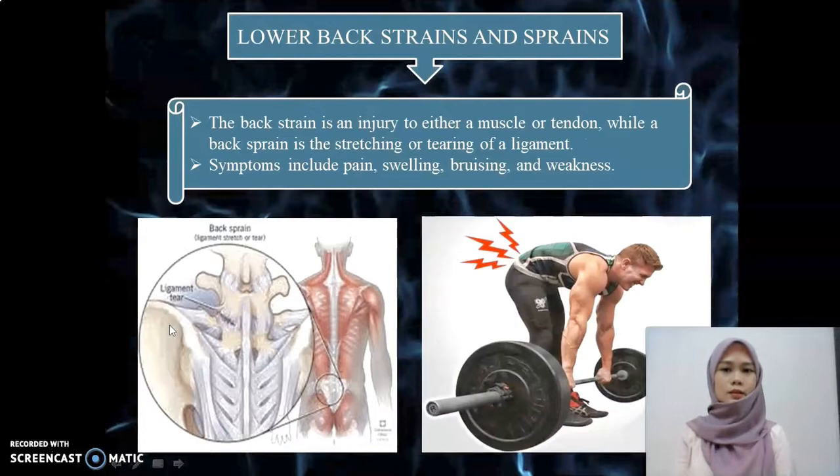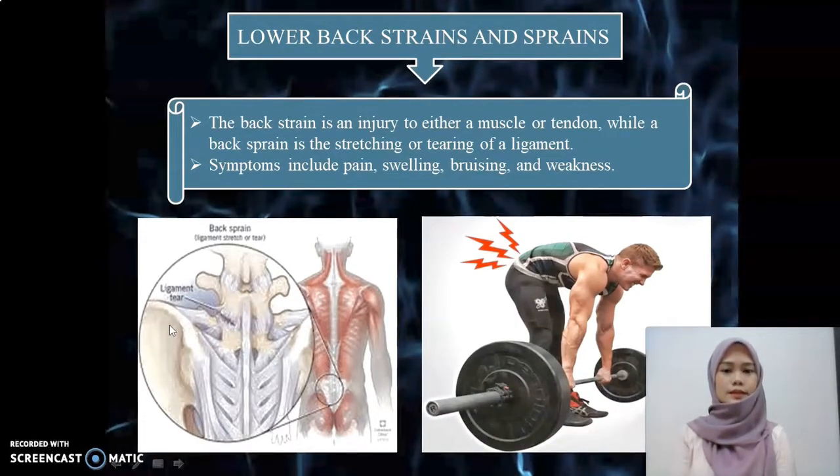Next, the common spine injury in sport is lower back strains and sprains. The back strain is an injury to either a muscle or tendon, while a back sprain is the stretching or tearing of a ligament. Twisting or pulling a muscle or tendon can result in a strain. It can also be caused by a single instance of improper lifting or by overstressing the back muscles,